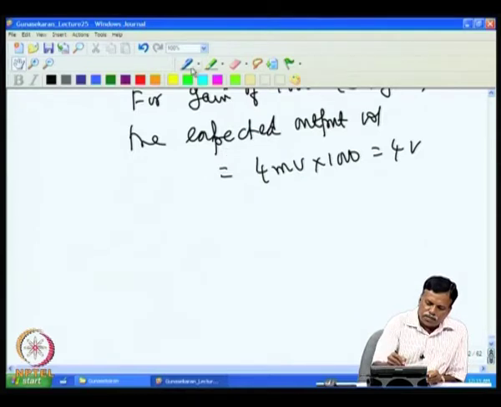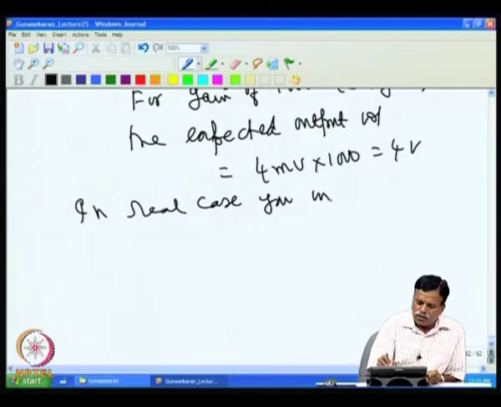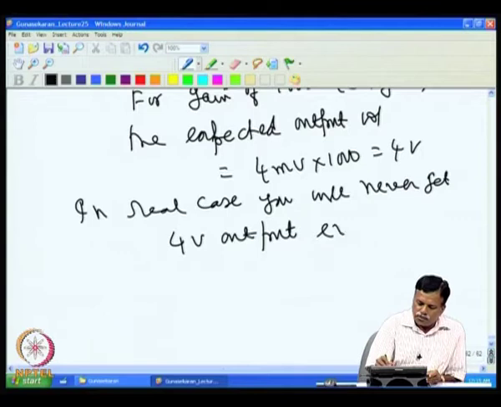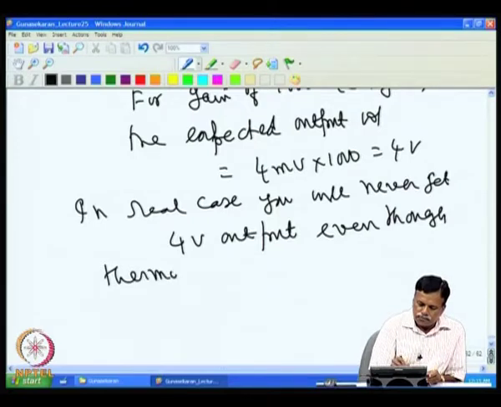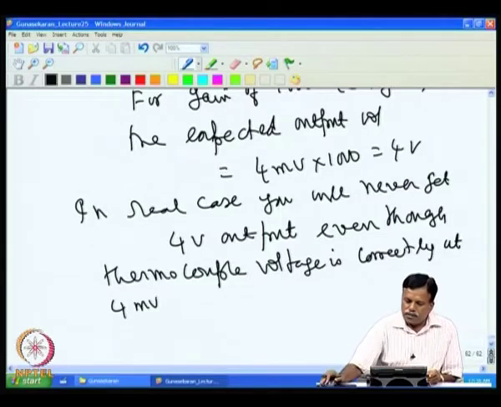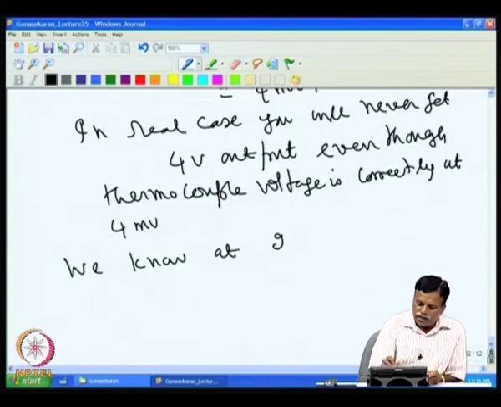So, that means at 25 degrees C, in real case you will never get 4 volt output, even though the thermocouple voltage is correctly at 4 millivolt. At 25 degrees C, ambient,